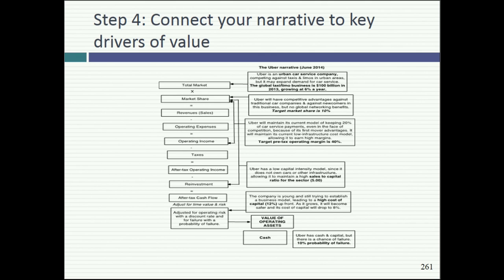Because they're able to keep this 80-20 mix, which is a very lucrative mix for doing nothing, I gave them a target operating margin of 40%. Their business model, they don't own the cars, they don't hire the drivers. The way this is going to manifest itself is for every dollar they invest, they get a huge amount of revenues in return. They're going to get for every dollar invested, $5 in revenues, which is about 2.5 times higher than the typical US company.